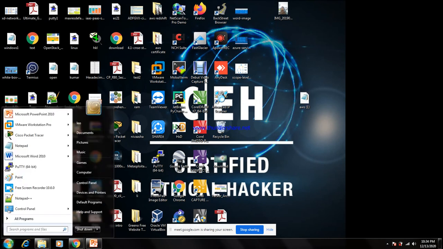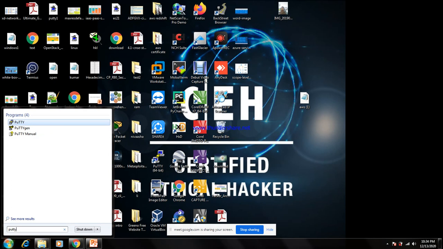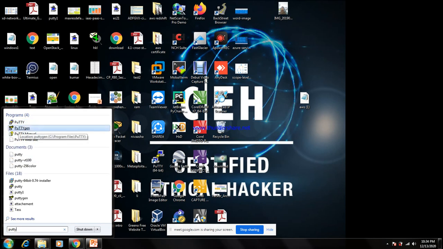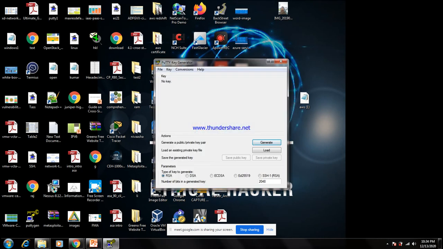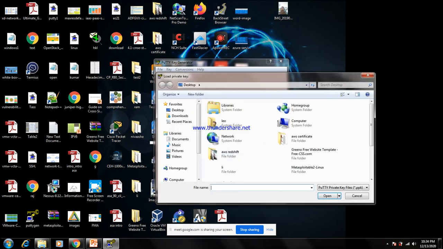How is that possible? Use PuTTYgen. This is PuTTYgen, the first software we want to use to convert the public key into a private key. Go to PuTTYgen, then File, then Load the private key.